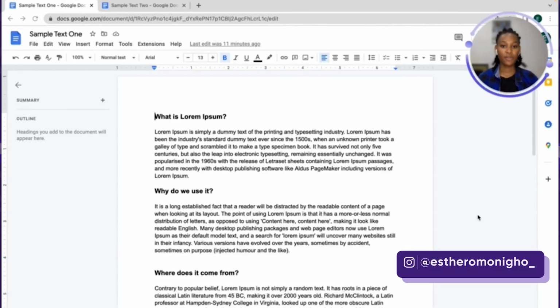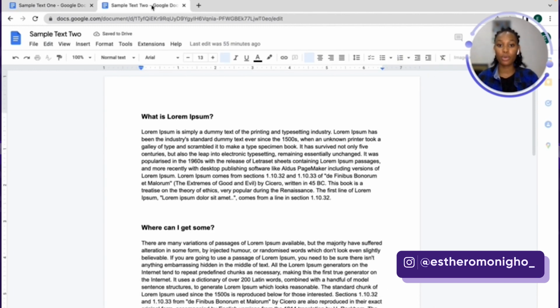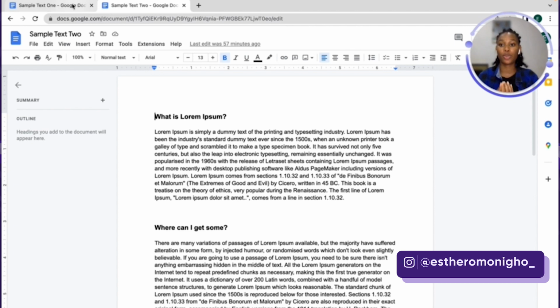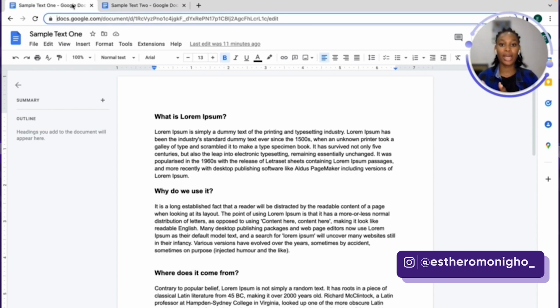For the purpose of this walkthrough, I have pulled up a random lorem ipsum document from the internet, and what I did is to duplicate it, and then to the second document I made a few changes. I rearranged it, added some random stuff, and the main document is titled sample text 1. The second document is sample text 2. What I want to do now is to compare sample text 1 and sample text 2 using the Google Doc